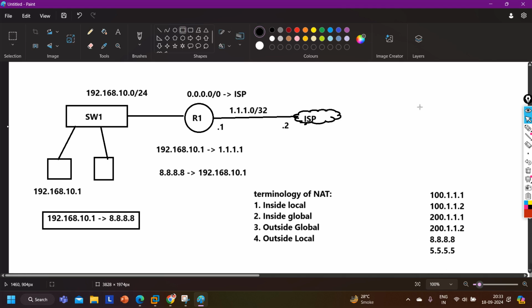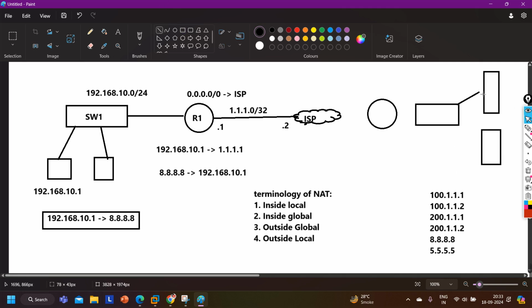Let's say there is one network of Google. Router, then switch, and then they can have servers, right? This is the private network of Google.